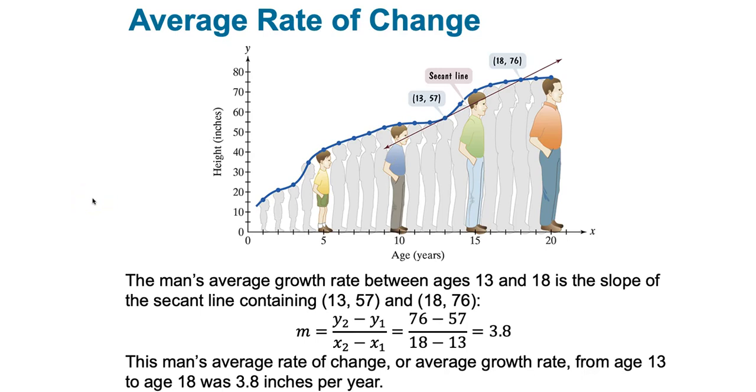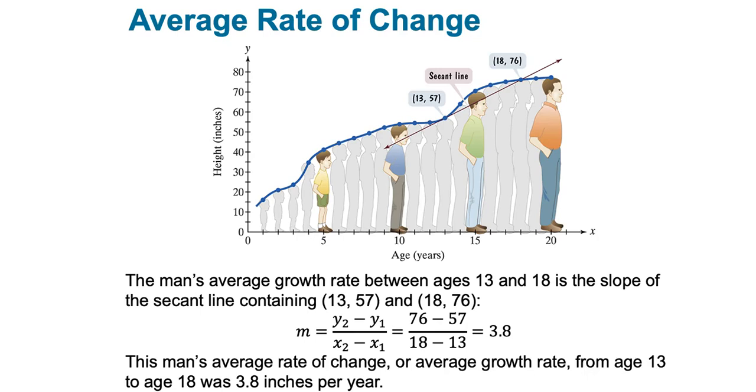We can see an example of this with this data set that tracks a person's height over the years since they were born. We can find the average rate of change of the function between age 13 and age 18 by calculating the slope of the secant line that passes through those 2 points. We find that the average rate of change over that interval is 3.8. This means that each year between the age of 13 and 18, the person grew an average of 3.8 inches